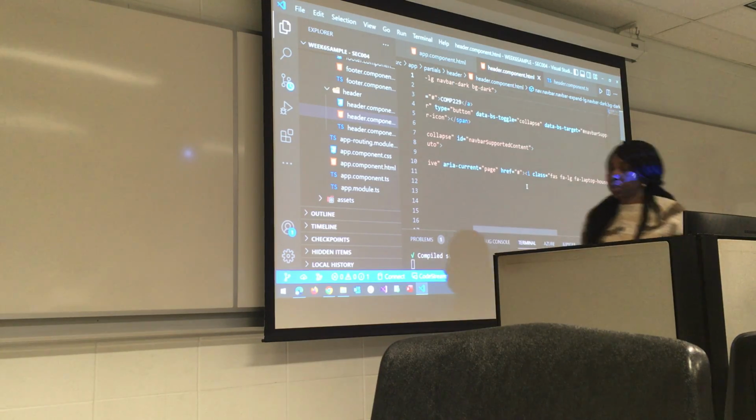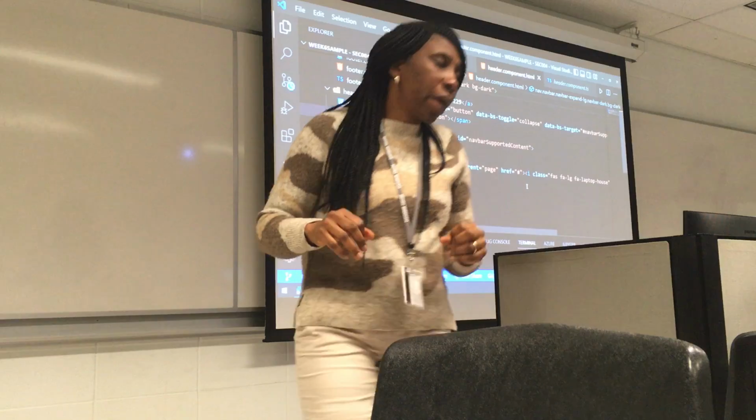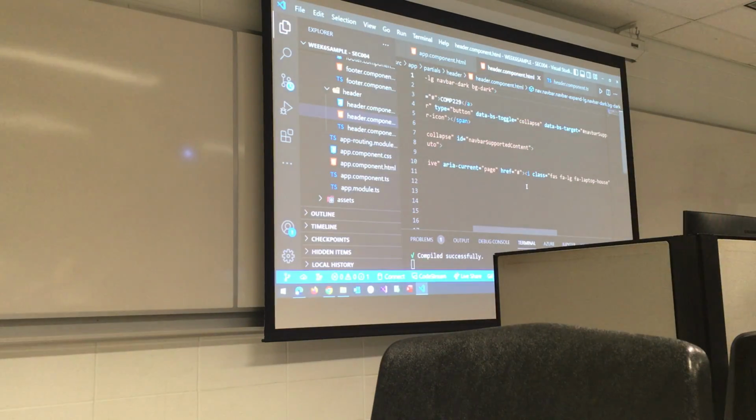I'm not sure why it's not working. Remember, I said go to the first nav. Can you move a little? Let me see, because I cannot see the code. Scroll up. I told you to modify something in the nav. Go to the left.